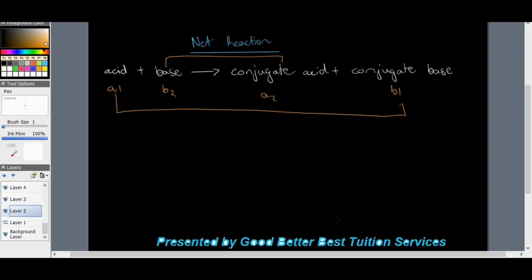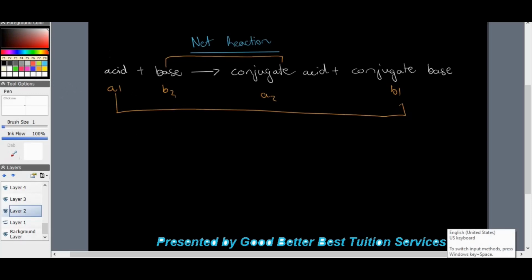In a net reaction, we have an acid plus a base, which will end up with a conjugate acid, which forms from a base, because it's the conjugate acid of a base. And then we have a conjugate base, which obviously forms from an acid. If I take a look at that in certain examples,